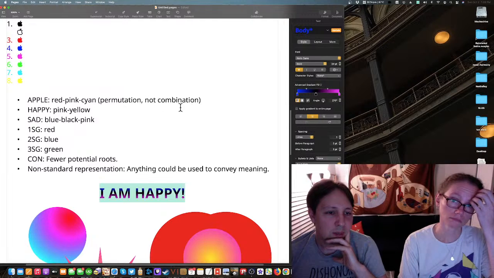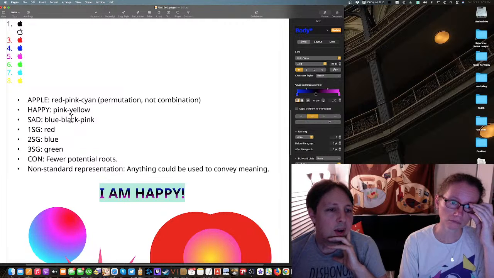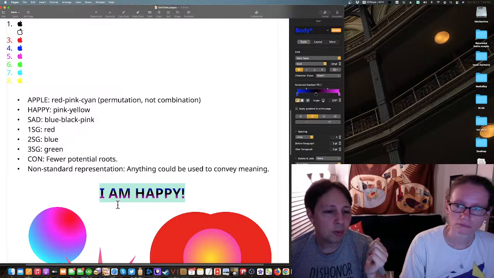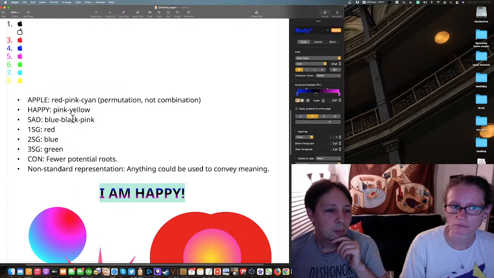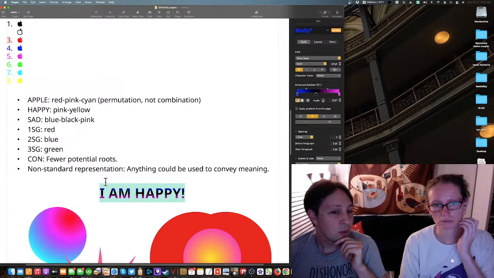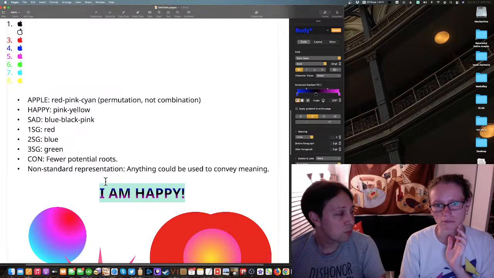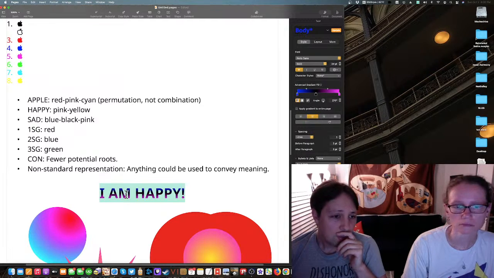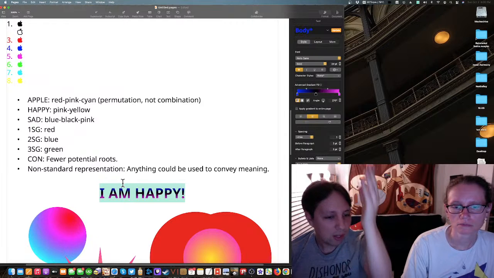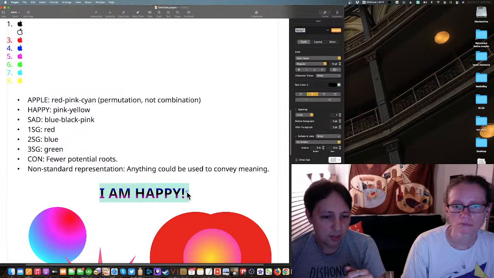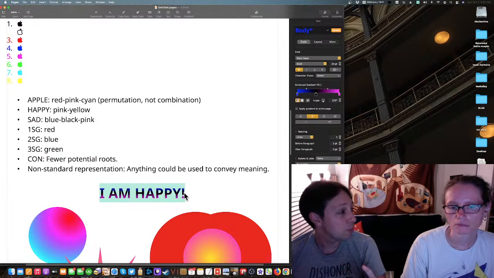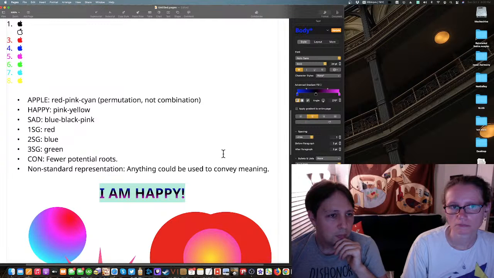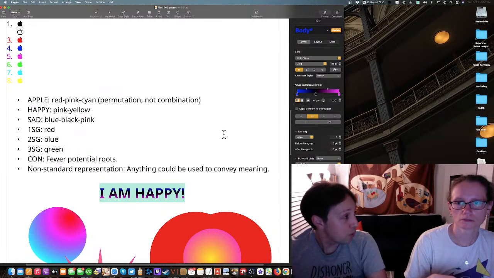And so, for example, this could actually be meaningful. We did permutation, not combination. You could do combination and say, all right, we're going to have sequences and they can go in different orders, but for example, blue, black, pink has to be in that order. And you decide on what your direction is at the outset, kind of like you do with Middle Egyptian hieroglyphs. They can face any way they want, but once you decide on a direction, they all have to be facing the same way. You could do the same thing with this and say, all right, we've decided the directionality for this is top to bottom. And so then this is sad. If you reverse it, it could mean something completely different.